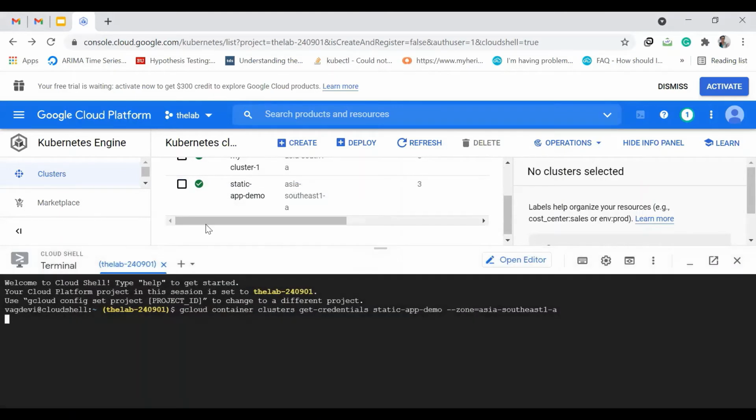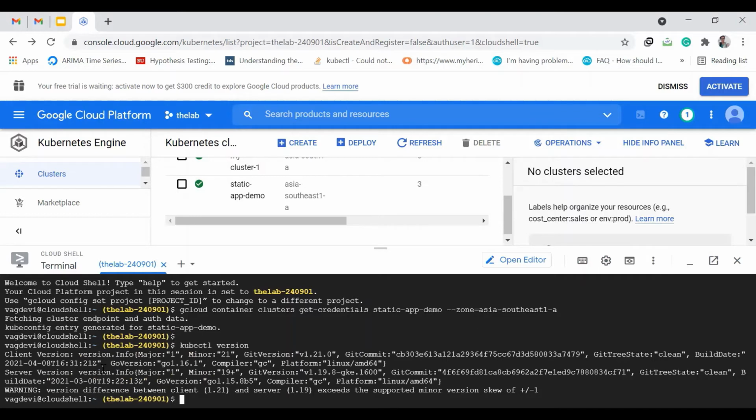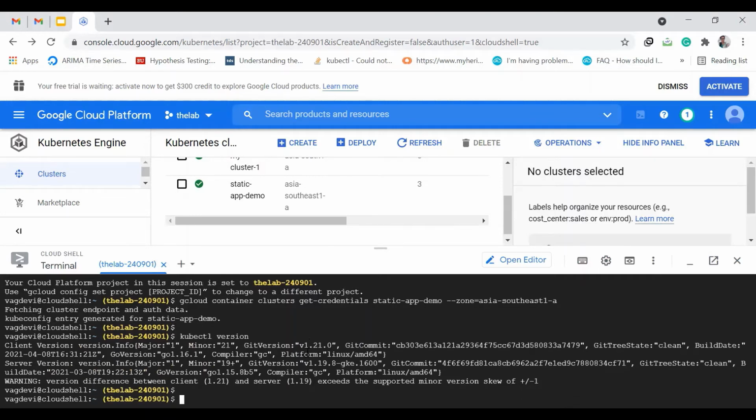Authorize. So it says fetching cluster endpoint and auth data, config entry generated for static-app-demo. So now we can also check the kubectl version. So we can see the client and server version, right?